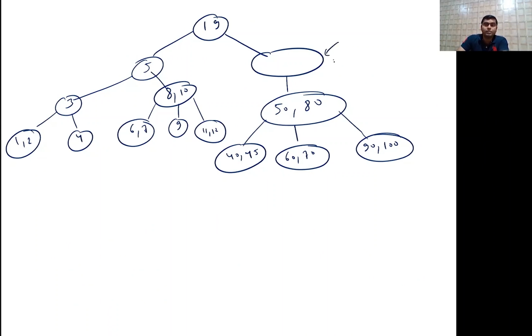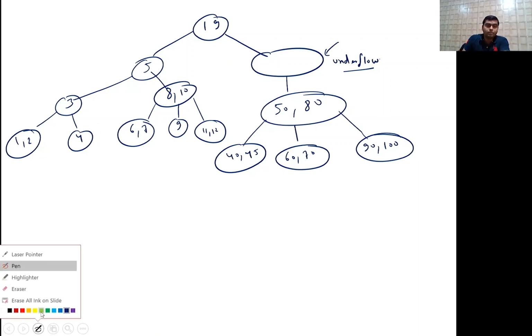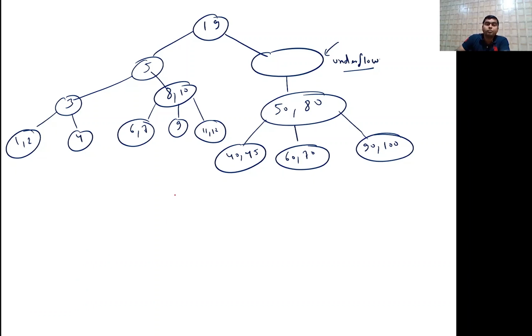So this node here is an underflow. If this node is an underflow, it will again ask its sibling, but the sibling is not in a position to give. So finally what will happen? Finally combine or merging will happen. So then 5 and 19 will get merged, and